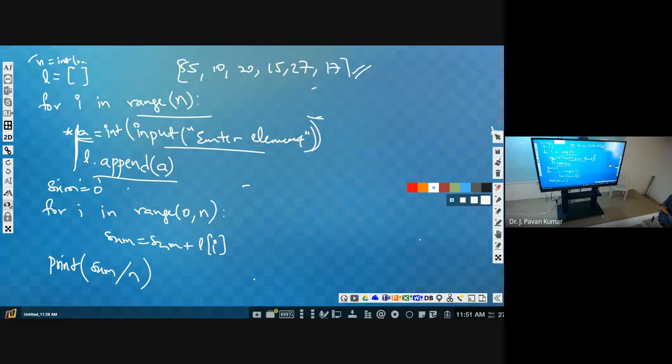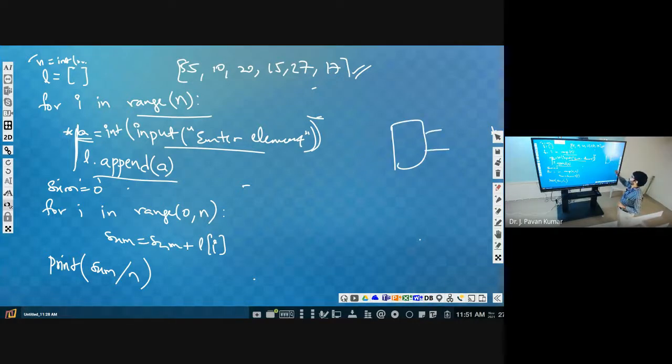Next, I wanted to find the sum of the even numbers and the sum of the odd numbers. Given n numbers, that is, n will be the input and n numbers will be input. We have to find the sum of the odd numbers and the sum of the even numbers. How can we do it? Write it. Write a program to find the sum of even numbers and the sum of the odd numbers of the given n numbers.